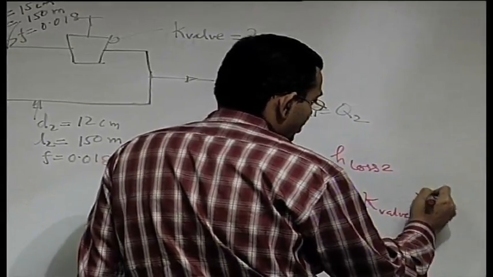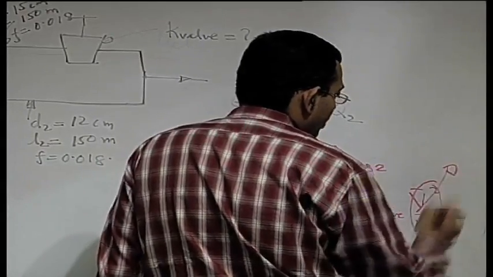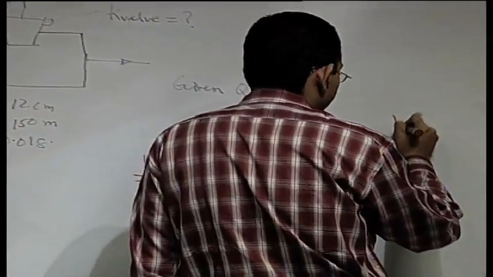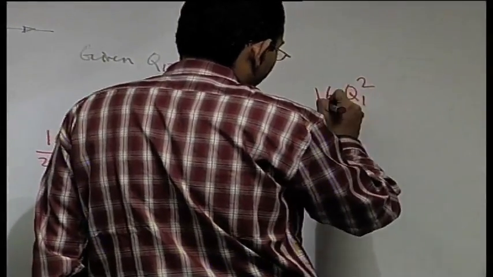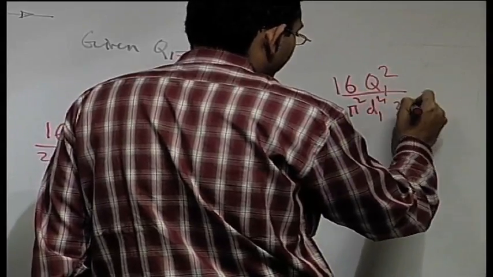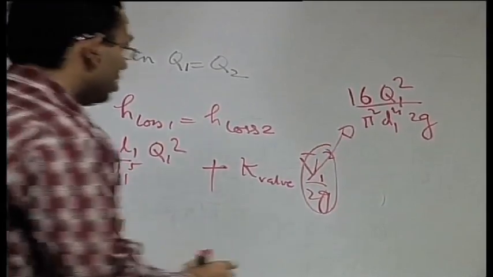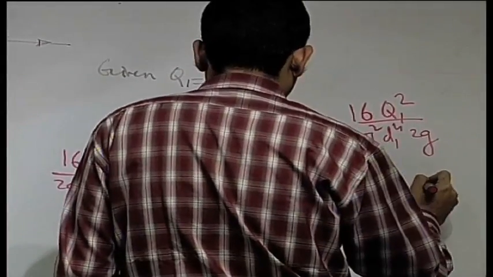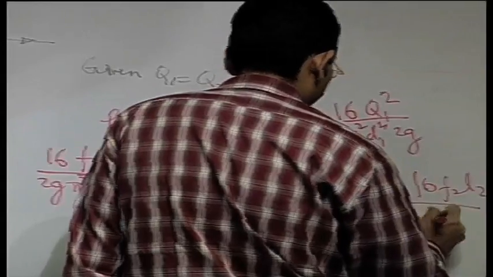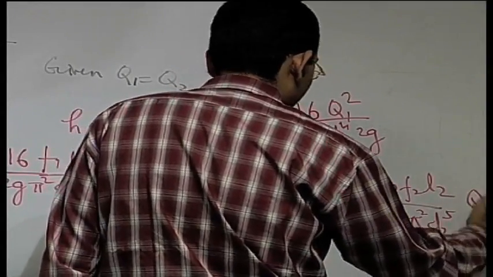So V1 square by 2G, as V1 is 4Q by pi D square, is 16 Q1 square by pi square D1 to the power 4 2G, equal to the head loss at 2, that is 16 F2 L2 by 2G pi square D2 to the power 5 into Q2 square,